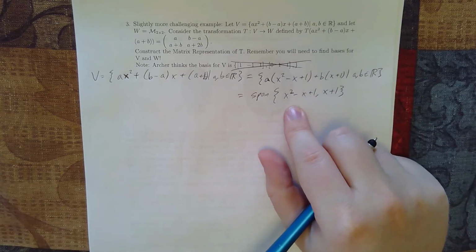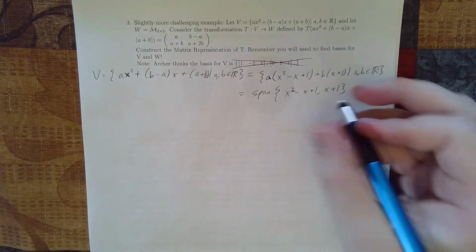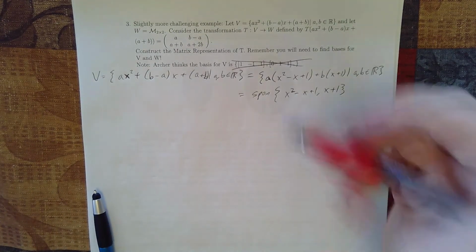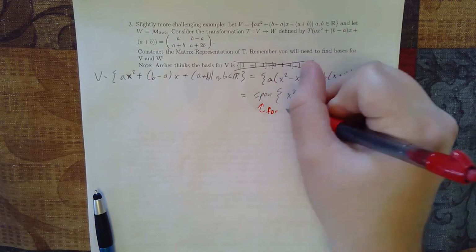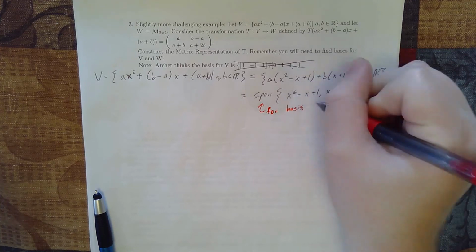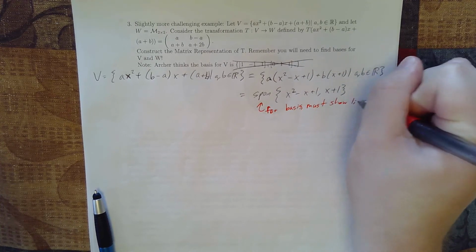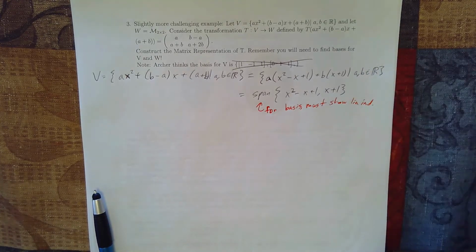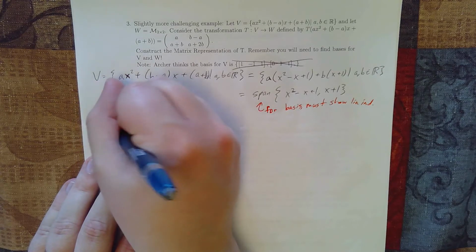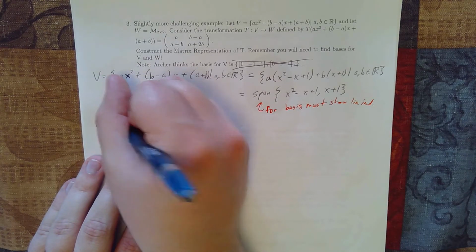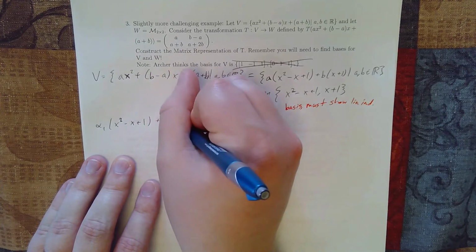So remember, this is just a spanning set, not a basis yet, so we still need to show linear independence. For a basis we must show linear independence. So let's do that. We take alpha 1 times x squared minus x plus 1 plus alpha 2 times x